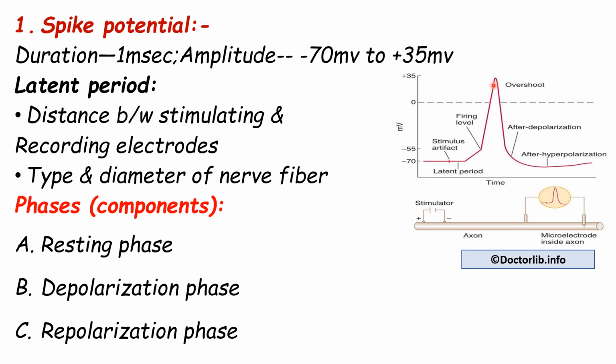After reaching the peak, the depolarization is complete and the phase of repolarization starts, and the potential descends quickly towards the resting phase. This upstroke and downstroke occur as a spike, so it is known as spike potential. This type of action potential is known as spike potential, and the duration is approximately 1 millisecond. Then after some time the potential slows down and gradually starts coming